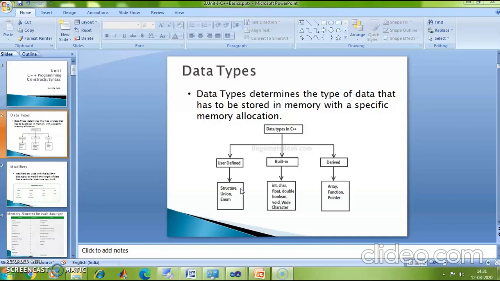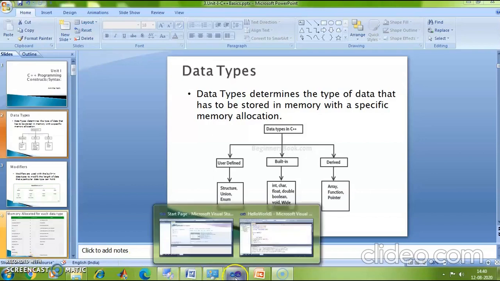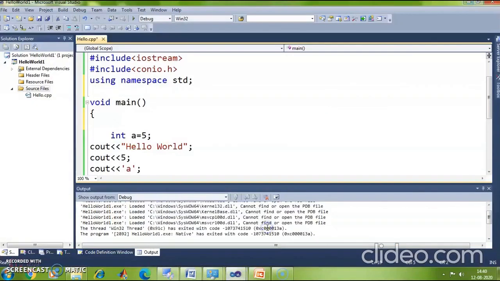So these are the data types which are defined by the user. If some of you are still not aware of structures, I will demonstrate the concept of structure with a small example. So let's go back to our program, and in this program I am going to create a structure.